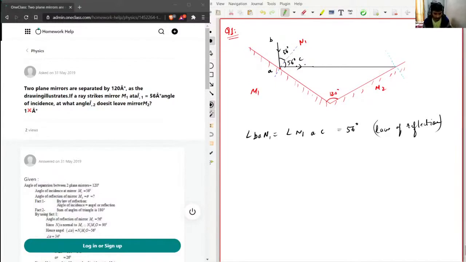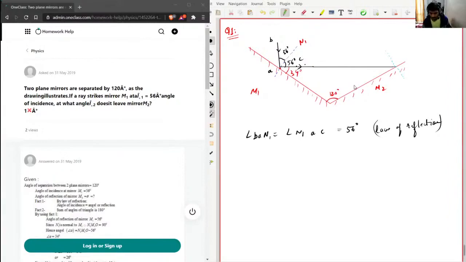Now we are going to just play with this. So here we can clearly see that this is the normal to this surface. So N1 is the normal to M1 surface. So this whole angle is going to be 90 degrees, and this angle is 56. So this angle will be 90 minus 56. It will be 34